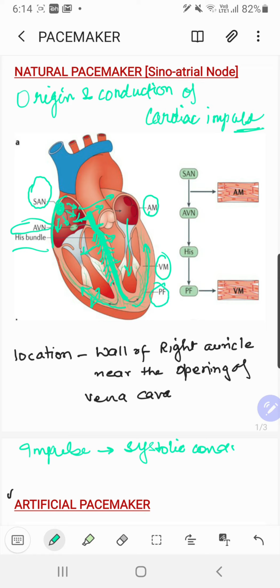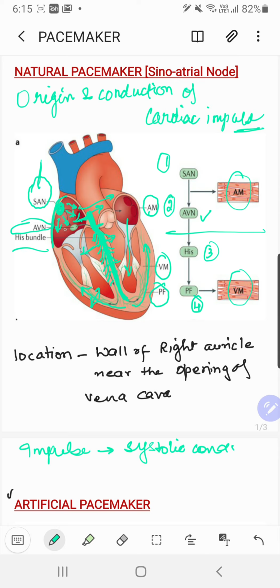PF is Purkinje fibers. So it's a good diagram to see the path of origin and conduction of cardiac impulse, the origin at SAN, then passing on to AV node, then bundle of His is the third one, and Purkinje fibers is the fourth one. So first two basically they are contracting the auricular muscles, and rest two are contracting the ventricular muscles. This is the condition. Now the muscles of SAN are also cardiac muscles, but they are just specialized ones. It's just like that all the students are sitting in class, they all are belonging to the similar class, but monitor is just one, so allotted a specific function.